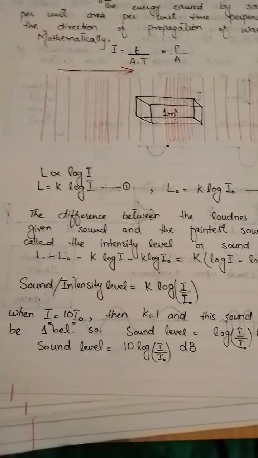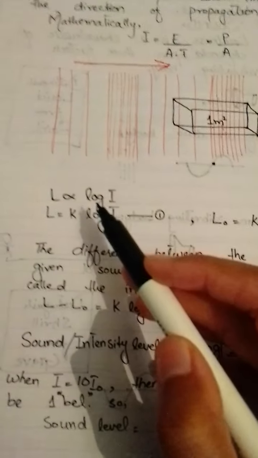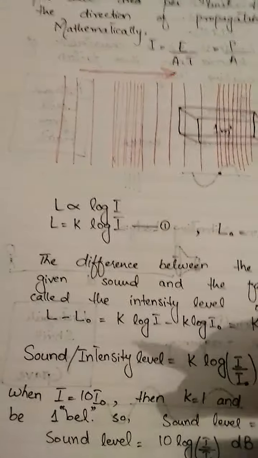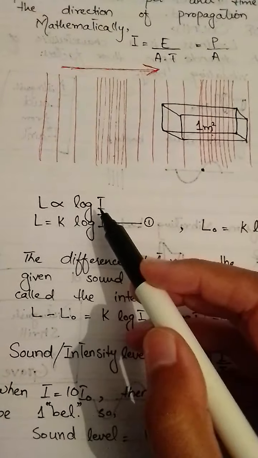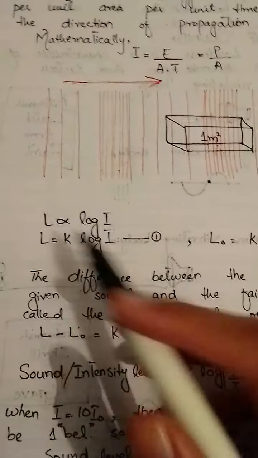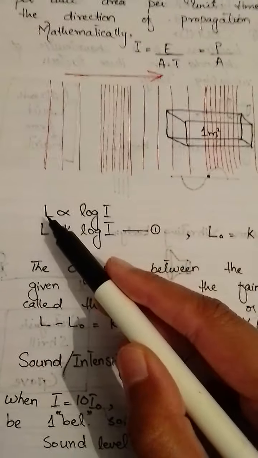Okay, coming to the mathematical equations. Here we know that loudness depends on intensity. Here, don't get confused with this log. Girls, don't get confused with it. I'll show you its purpose in this equation. So the loudness depends upon the intensity, or the intensity is dependent upon loudness. The more the loudness, the more will be the intensity. The more the intensity, the more will be the loudness.